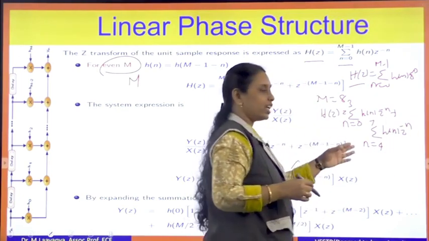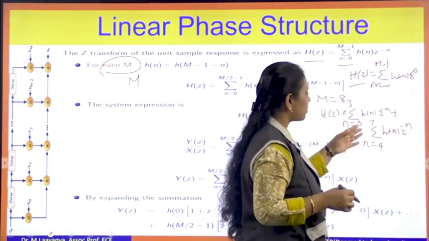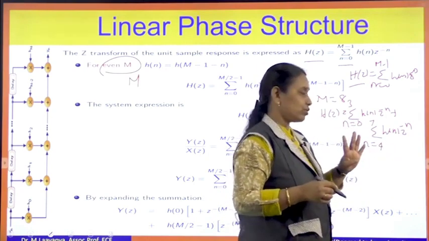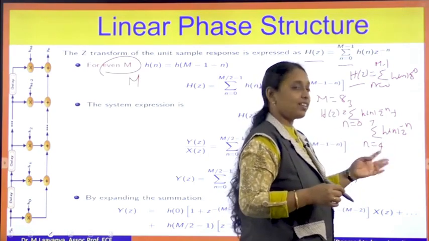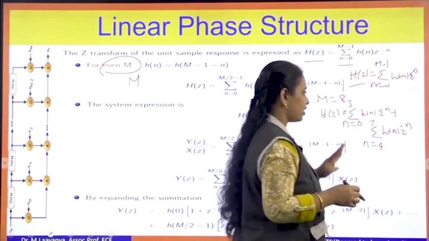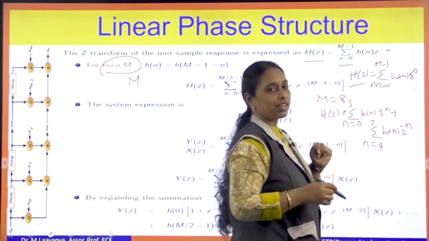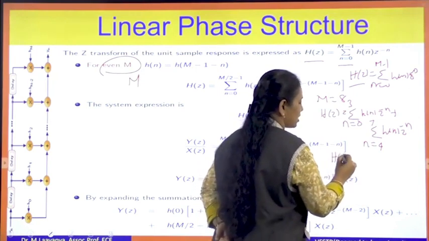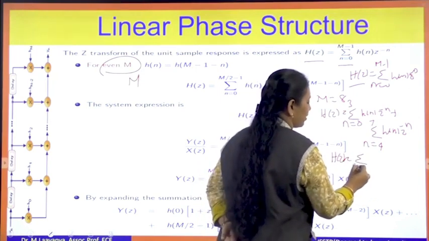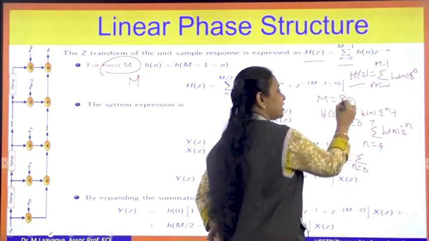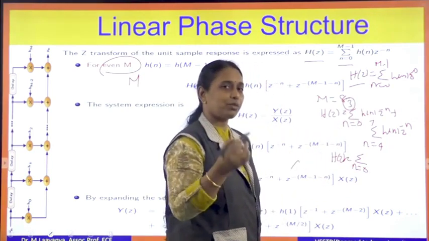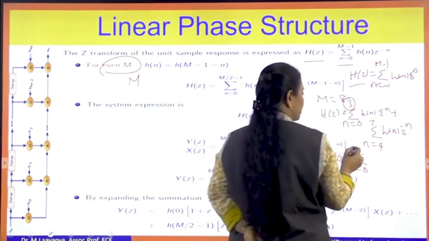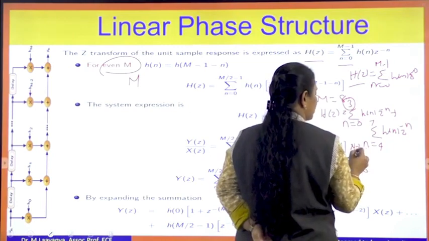If you see both the equations, both are having how many samples? 0, 1, 2, 3, 4 samples; 4, 5, 6, 7, again 4 samples they are having. But in general, if you write this equation, how will you write it? I will write H of z is equal to summation n varying from 0 to, I need 3. In general, with respect to N, what will I write? Suppose I am writing N minus 2 by 2.